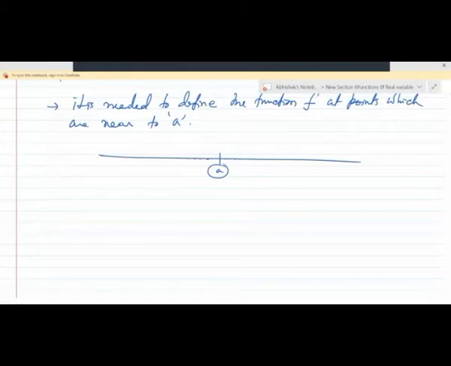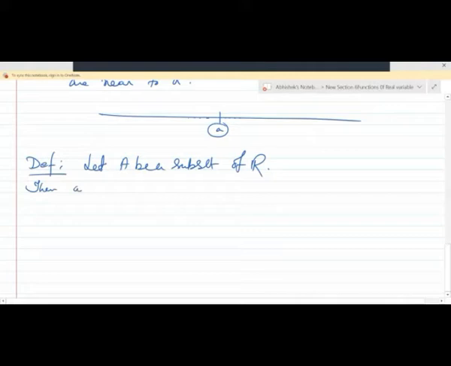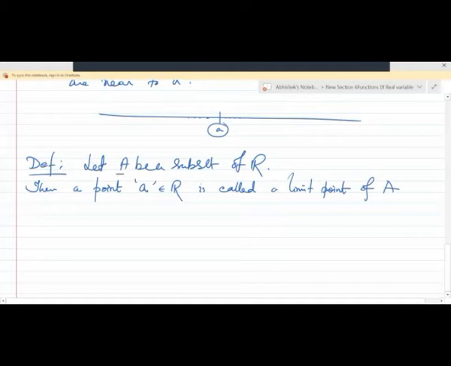Okay, and this makes sense to define the following. Let A be a subset of R. Then a point a belonging to R is called a limit point of the set A if